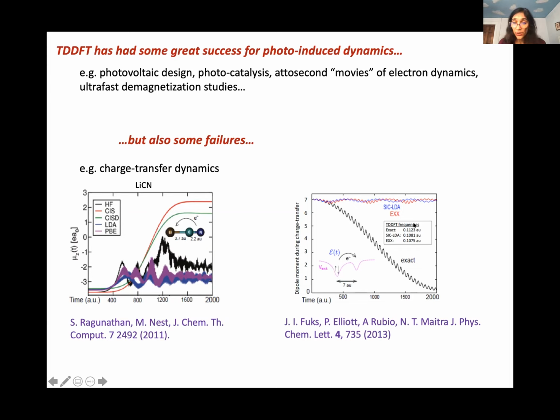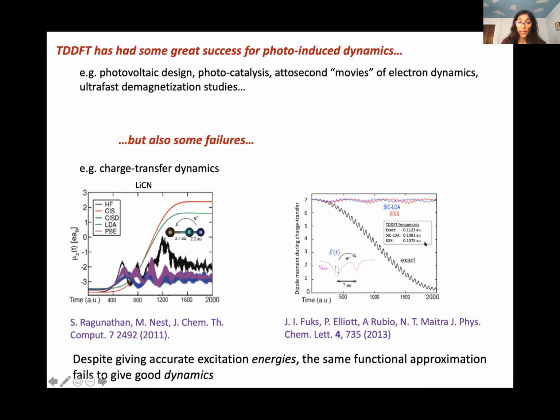And what's interesting here is if you look at the excitation energies predicted by these approximations for the charge transfer excited state, they're not bad actually. They're non-local enough to actually get pretty good agreement with the exact. But despite giving accurate excitation energies, the same functional approximation fails to give good dynamics. So this kind of raises the question,